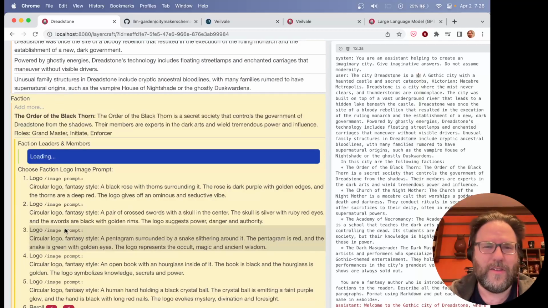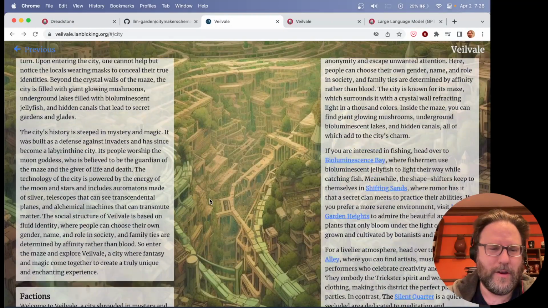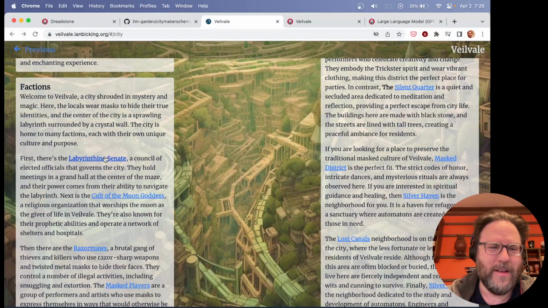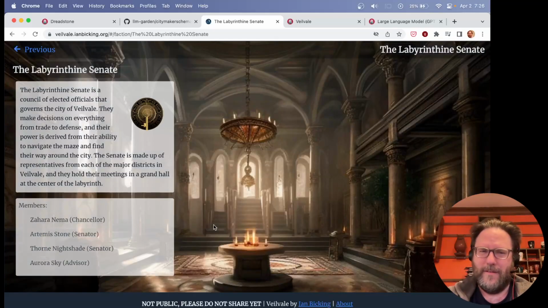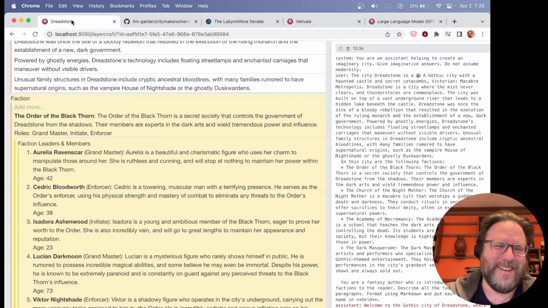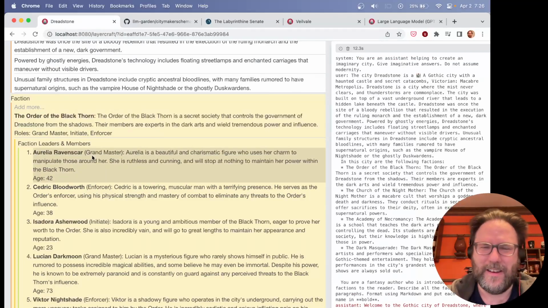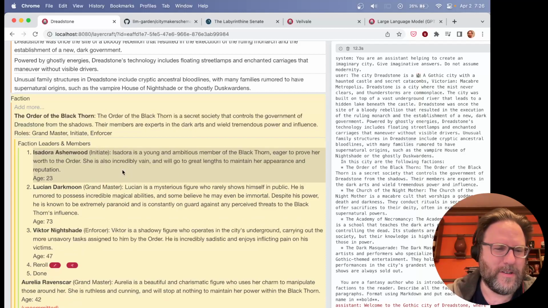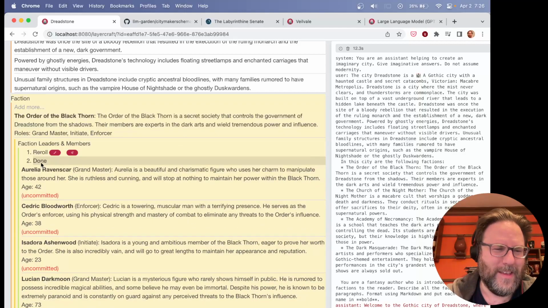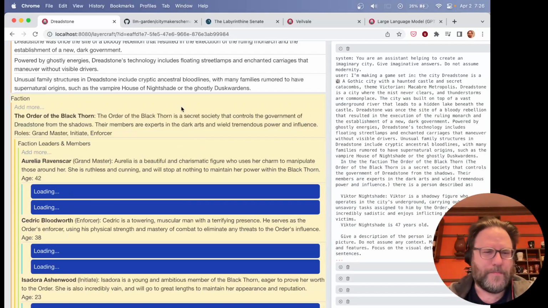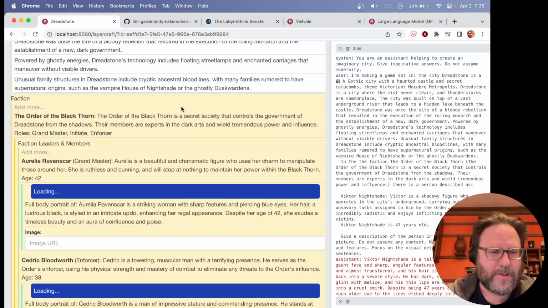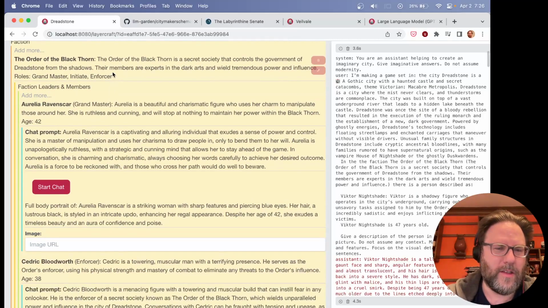But as I filled it out for Veil, I went through this and I was like, well, when you go to a place, they need to live somewhere. There should be a logo for the faction. So there are a lot of little details that, once I was really making this into a more finished product, I realized I wanted all those assets. Let's see. I'll just say sure, these are all great.